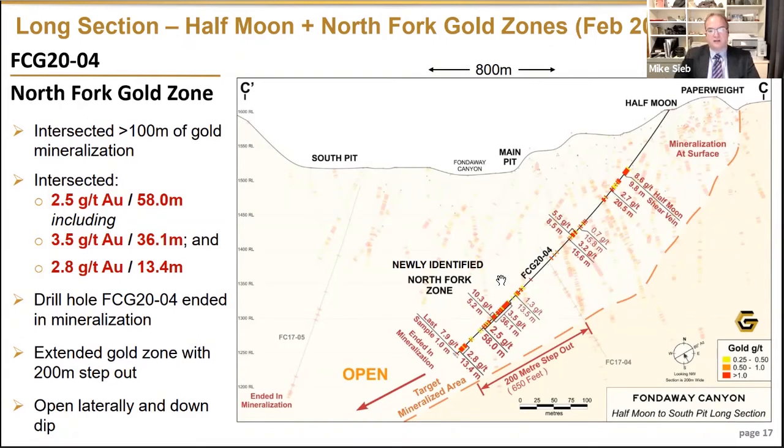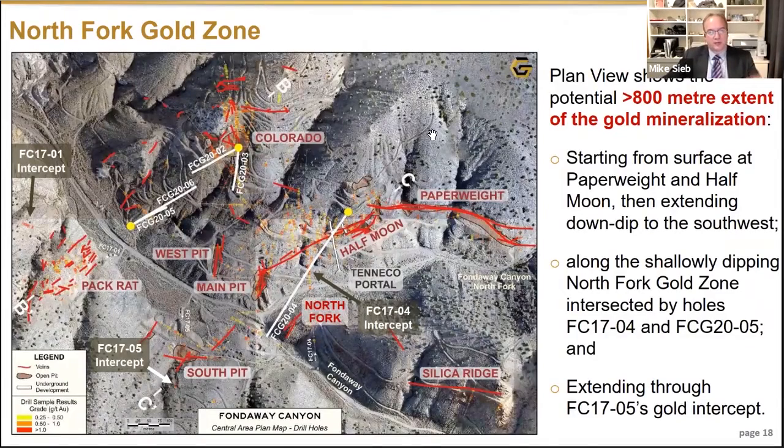If you take that whole hole and look at it in entirety, about 50% of that drill hole was within a mineralized zone. That shows you the prominence of the mineralization at Fond du Way Canyon, as well as the potential of the mineralizing system. And I do believe it is a lot larger than what we have previously envisioned and what past operators have previously envisioned. So to bring it all together, you can see here in plan view